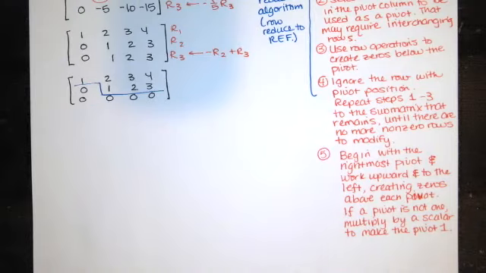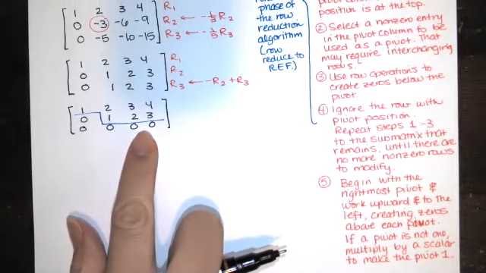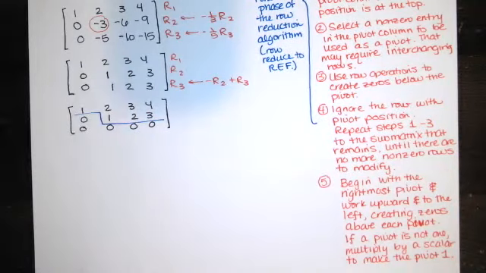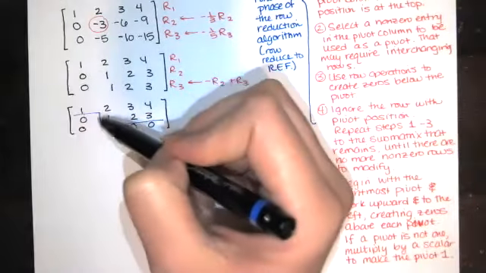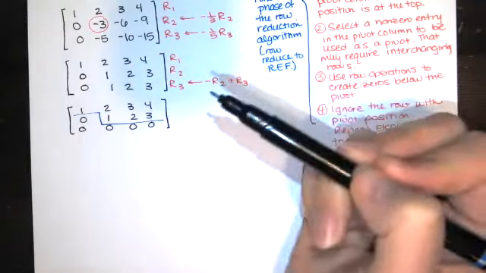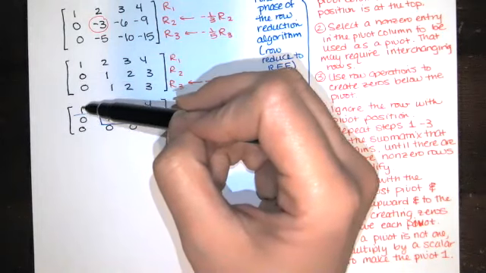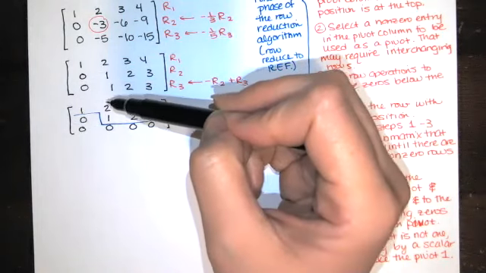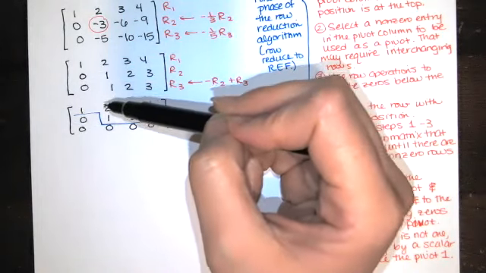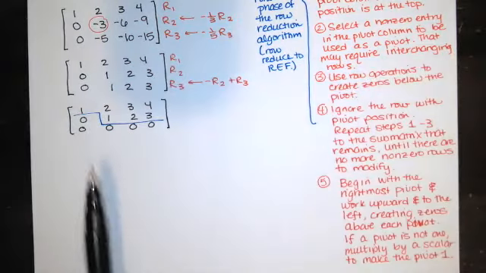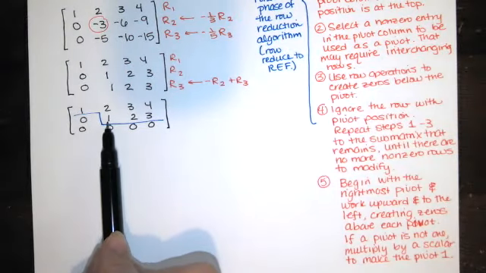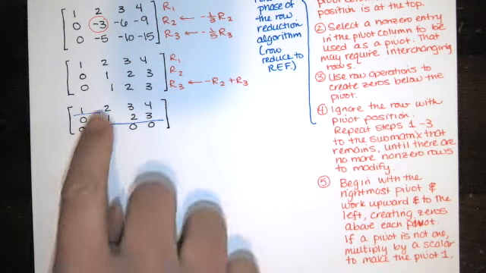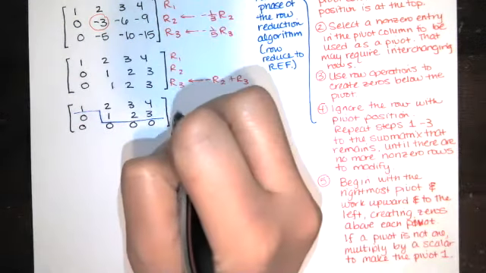Okay, so we're here and we're almost in reduced row echelon form. The only problem is, well, we've got 1s in the leading positions. That's great. We've got a row of zeros at the bottom. This is the only non-zero entry here, but we've got a 2 right here. We need to get rid of that 2. So we start with the rightmost pivot, which happens to be right here. In order to get rid of that 2,